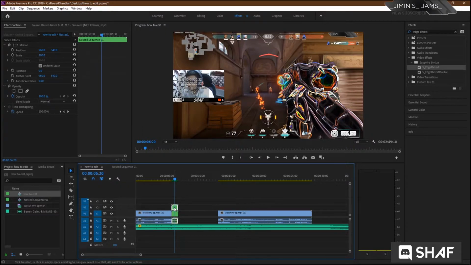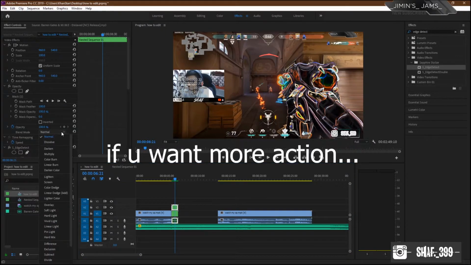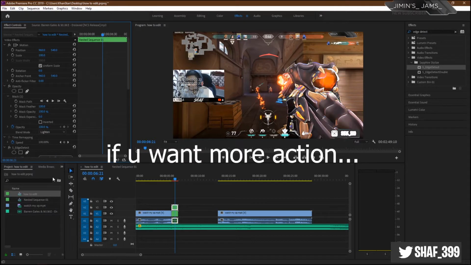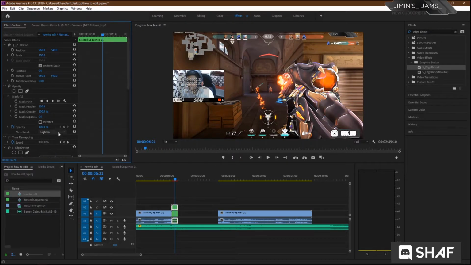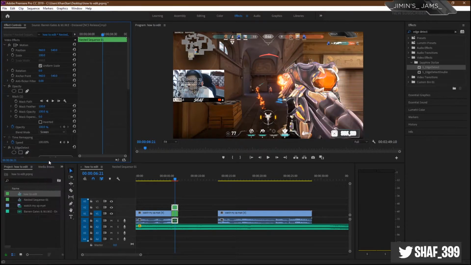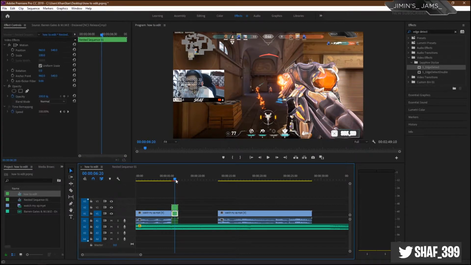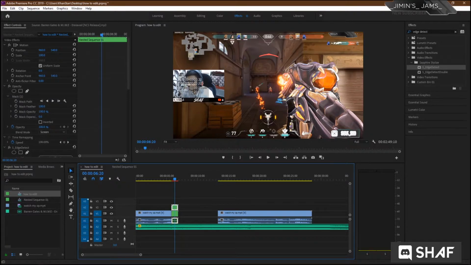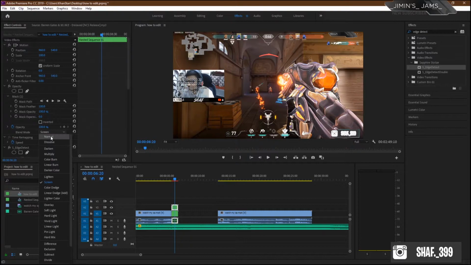Effect, like you see. Go to blend mode and select lighten. You can do lighten, you see these extra lines, or you can do overlay, it's not bad. Go to screen. I usually recommend and use the screen effect. Screen is not much of a thing, but it is okay to use.